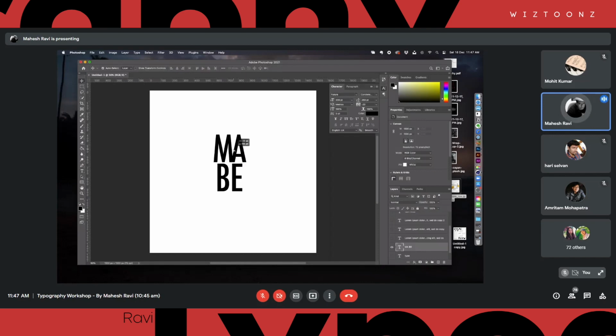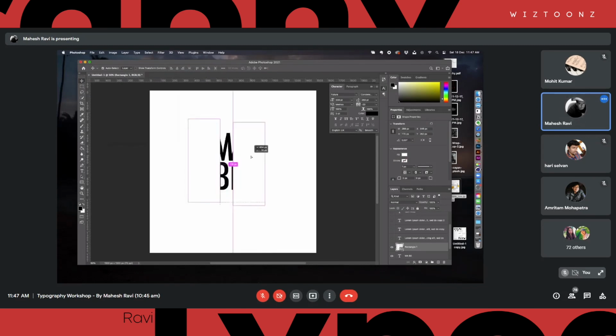So imagine this is our scenario: we have a typeface like this, and we are writing something like this. We were previously cutting it by moving it out of our frame. But we don't always have to do that. We can cut the typeface when it is still inside the composition also. So for instance, I'm going to take a shape, fill it with white, and change the stroke. I'm going to bring that right here. Let's duplicate it.